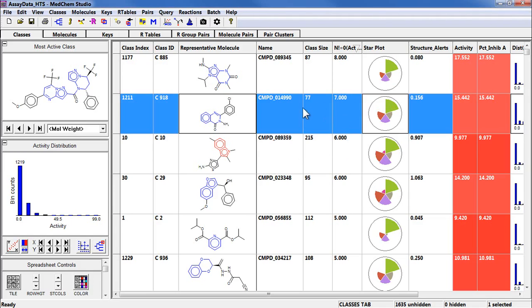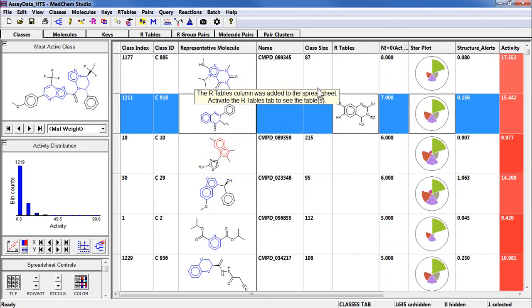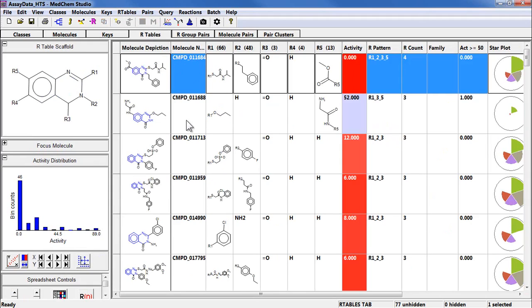And let's go in here and define an R table for this. So I just go down to the R tables menu and select generate, and it adds a column called R table with the R table for this particular molecule. We can click on the R tables tab to have these 77 compounds transferred into the R tables. And so as you see, we have 5 variable positions off of the scaffold, but you'll notice that R1, R2, and R5 contain